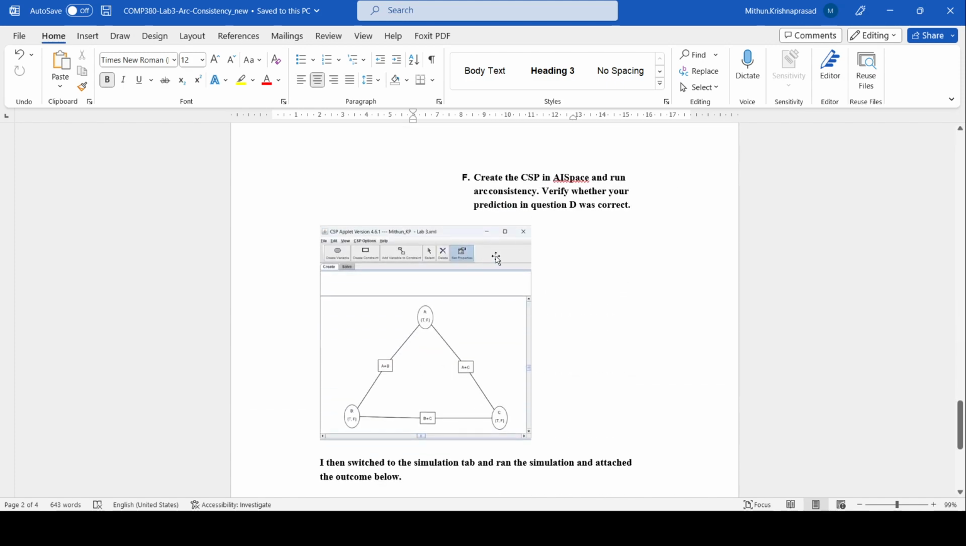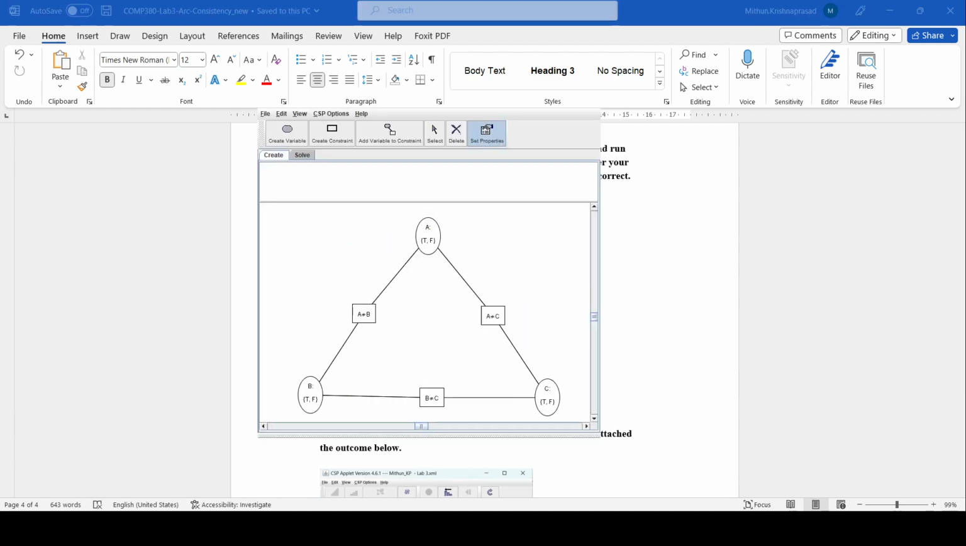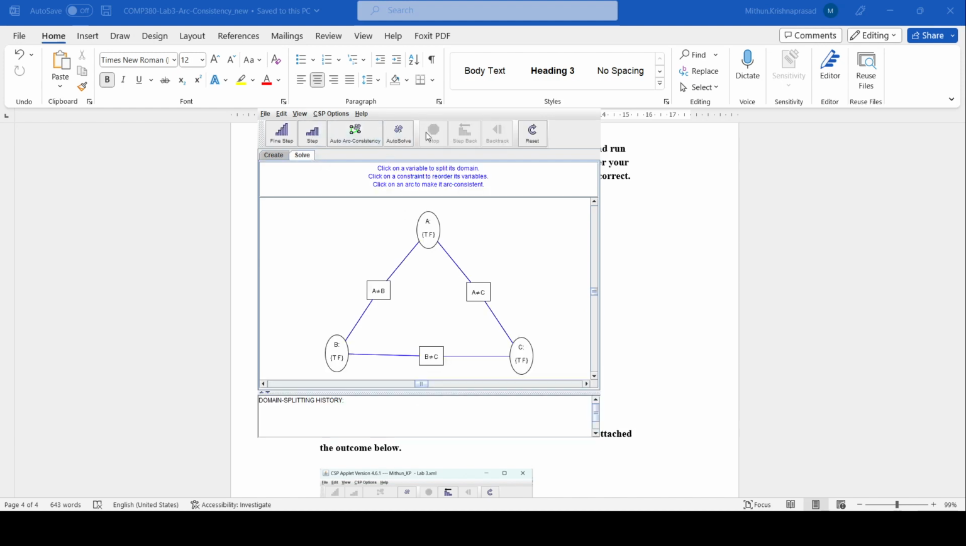Now, we had to create the same thing in AI space, so I went ahead and did it. I first created the whole thing, and I set the domain of each of the variables, and then I also set the constraints. When I head over to the solve tab and hit auto solve, it goes step by step. As we discussed before, it checks each of the